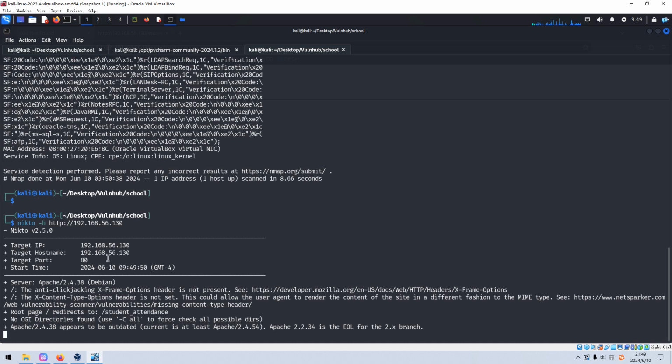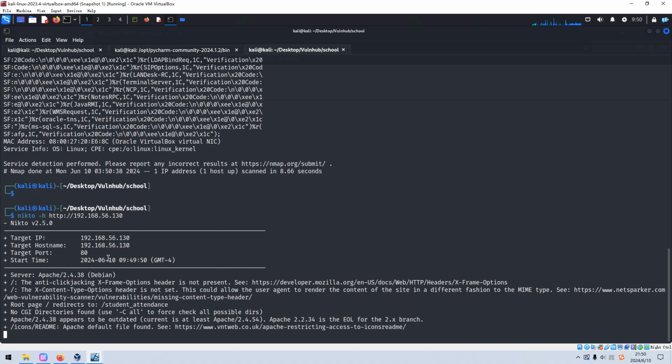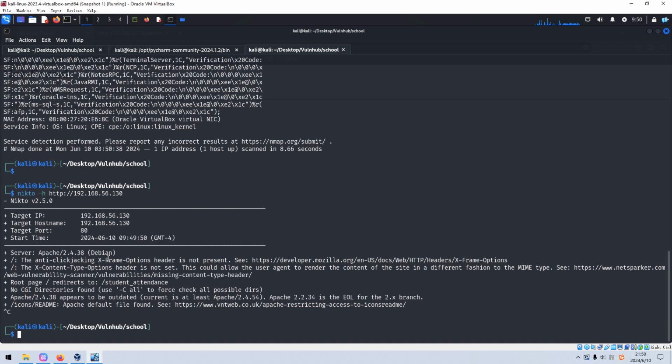Of course, in this case, Nikto cannot discover any important information, so I'd like to interrupt it here. Next, we can use GoBuster to do the directory enumeration. GoBuster directory.